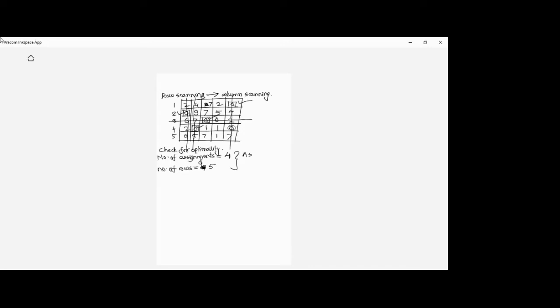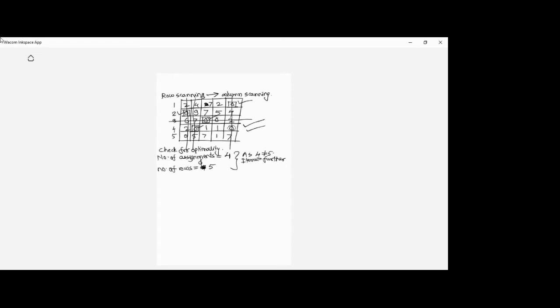So as 4 is not equal to 5, iterate further or proceed further. This particular solution is not an optimal solution and we have to move ahead. The reference solution, on which we are going to do some process, is this particular solution. In this solution we are going to do some process to make it